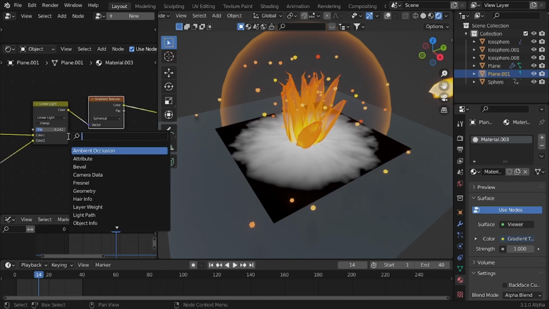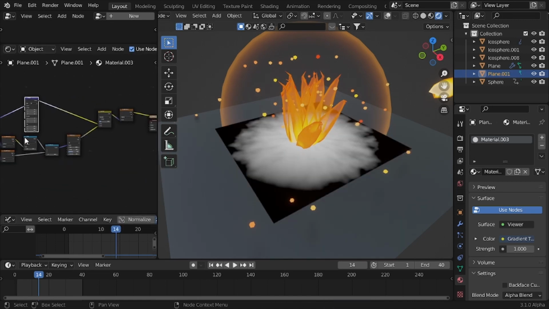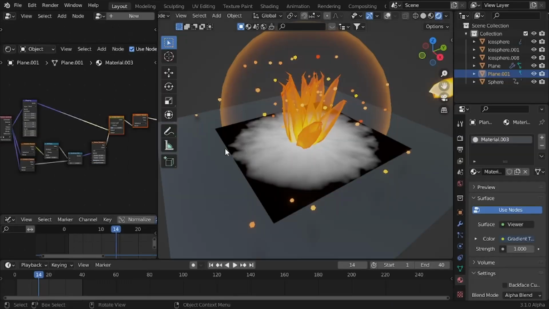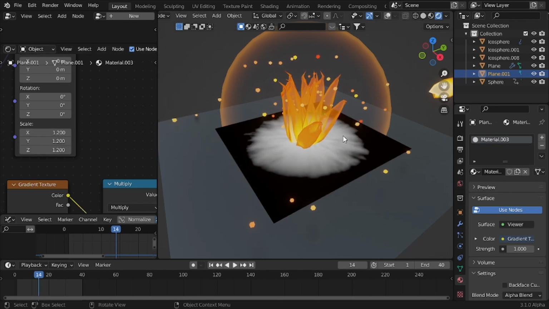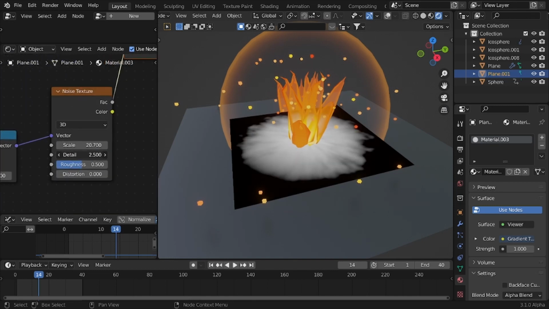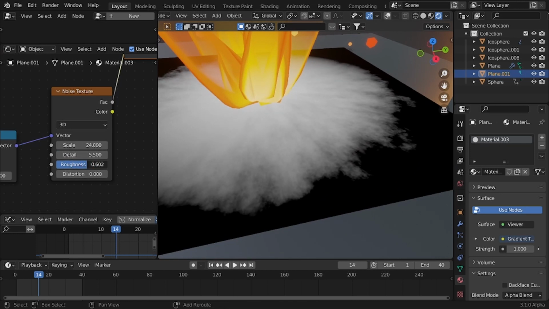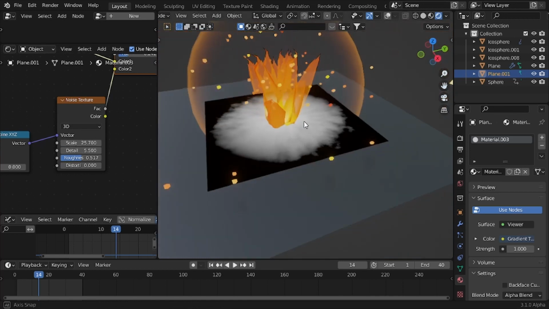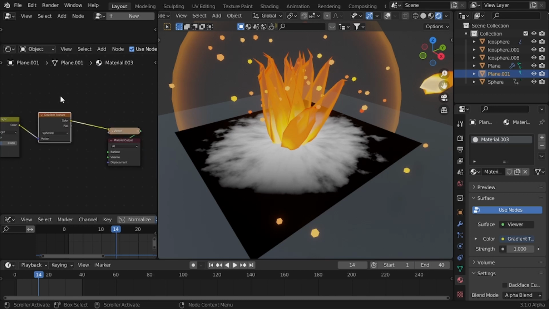take or maybe a mapping node, so we can make this smaller or bigger. Let me just make, there we go. Just we scale it down and we change this, so something like this looks fine. There we go. And I'll play around with the values here a little bit. A bit more distortion maybe. There we go. Now this will mix a transparent